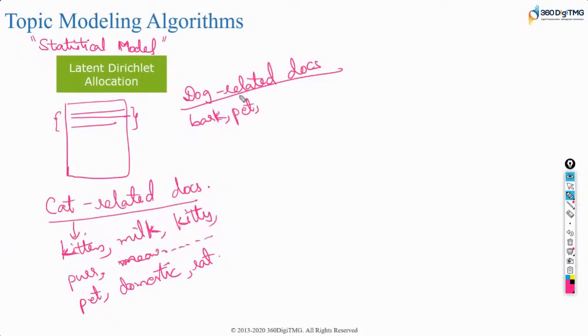Maybe it eats a lot of bones, maybe tail, and so on. So there is a high probability of finding these kinds of words in dog related documents. This high probability of finding these words is called prior probability.